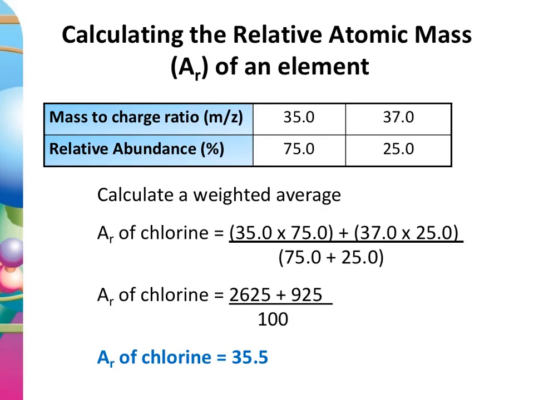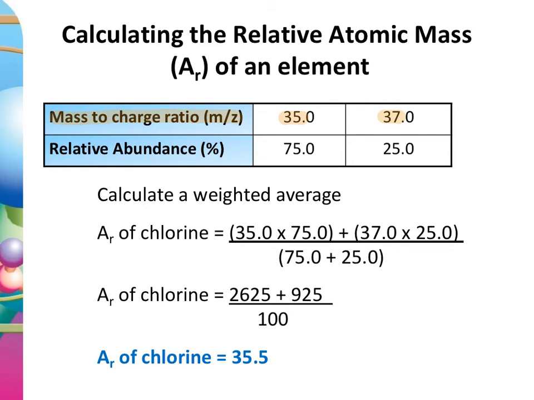So here's an example of how we do that using our old friend chlorine. Chlorine exists as 2 isotopes, chlorine-35 and chlorine-37. So that's why we have these 2 mass to charge ratios of 35 and 37. I think actually those .0s shouldn't be there, but let's not worry about it too much. The relative abundance for these 2 isotopes was 75% chlorine-35 and 25% chlorine-37. So if we want to work out a weighted average, or our Ar,